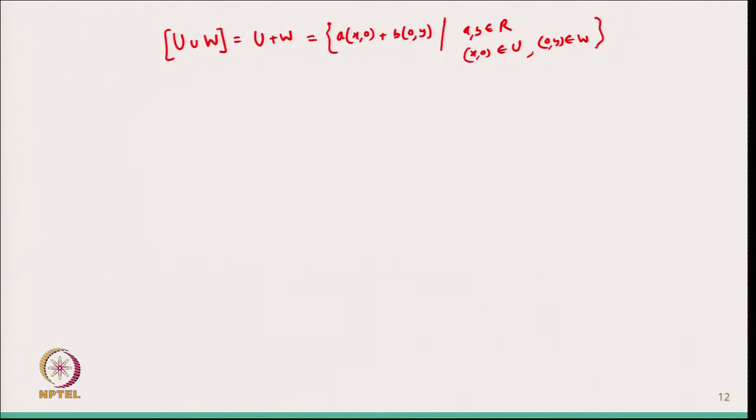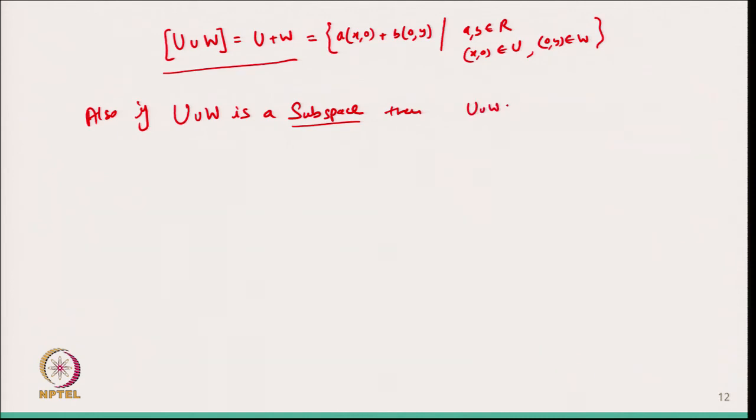Okay. So, based on this one we are able to show that U union W need not be a subspace, and if it is not a subspace, then if I take the span of this one, it is going to be U plus W. And also, if U union W is a subspace, suppose it is a subspace, because it need not be, but suppose it is, then we know that